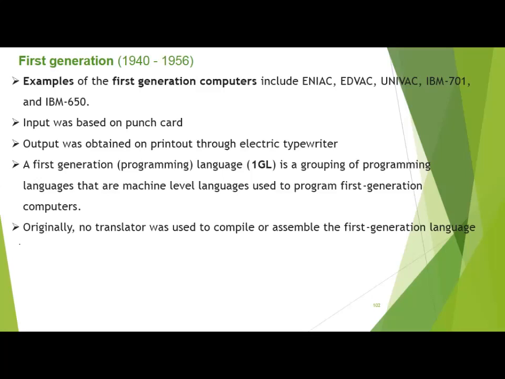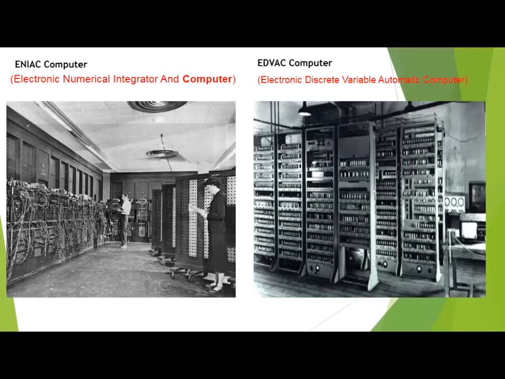So this is called machine language, which is also called the computer language. We also call it digital language. So these are two computers. Pictures are given, ENIAC and EDVAC. So you can see how large these computers are, and you can see the bulbs, or you can say vacuum tubes, which were used to perform computation of data at the time.